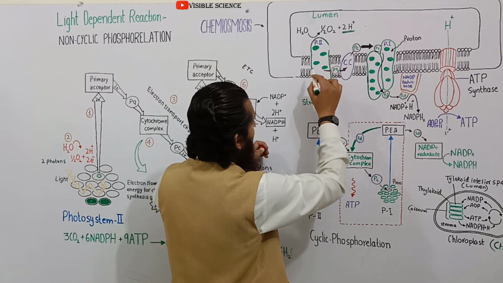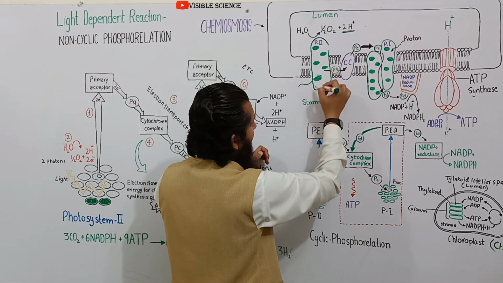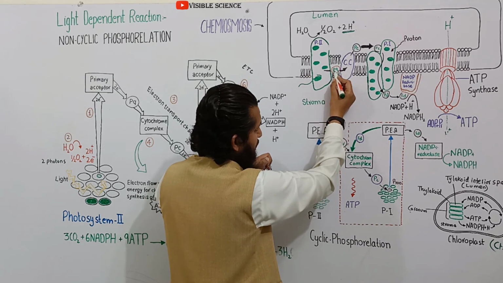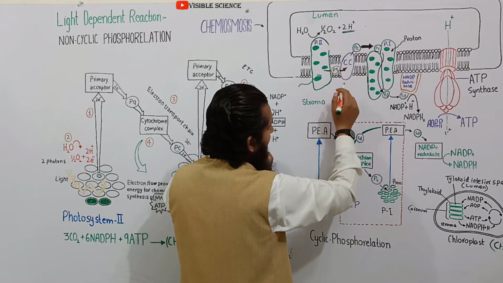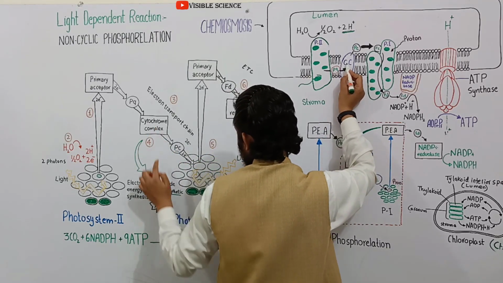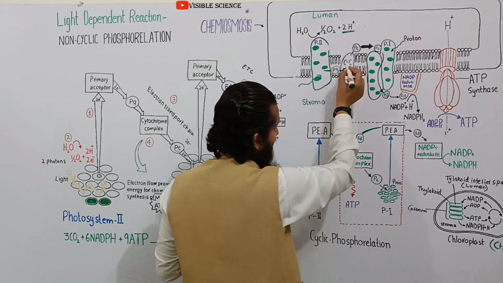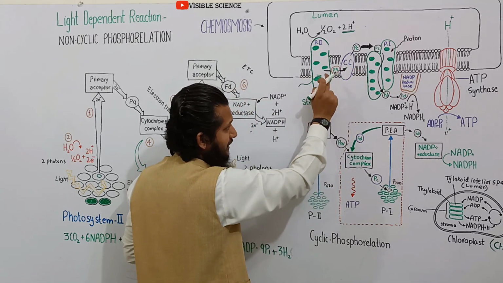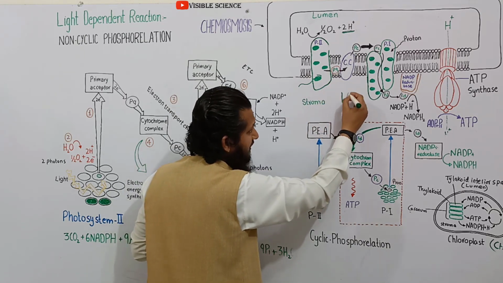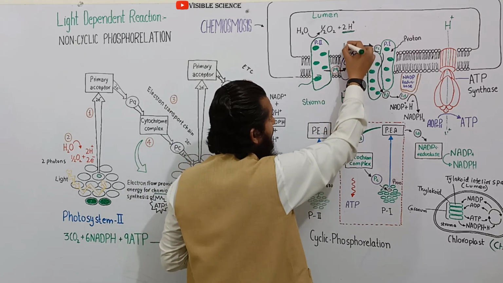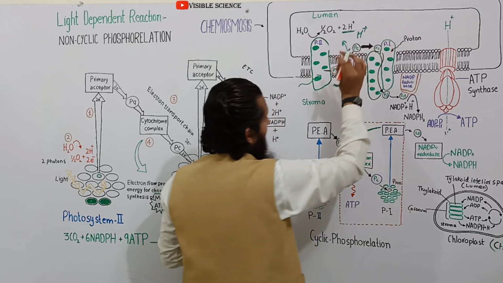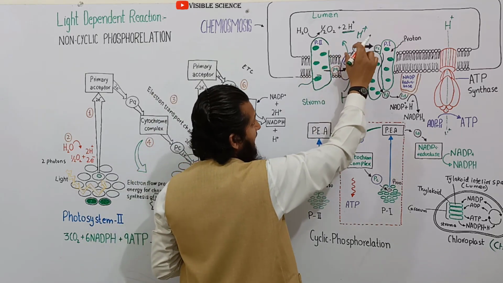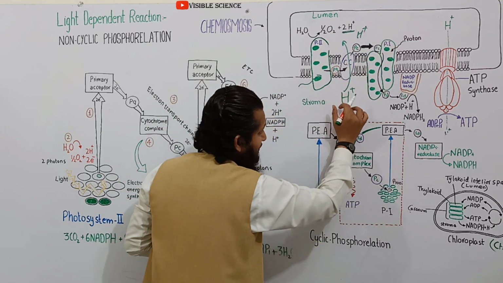Here you can see when photosystem 2 captures light energy, electrons are excited and go to the electron transport chain: plastoquinone, cytochrome complex and plastocyanin. And this cytochrome complex does not directly produce ATP. Actually, this cytochrome complex utilizes the energy of photo-excited electrons to transport hydrogen ions from the stroma to the lumen. And this movement is against the gradient because the concentration of hydrogen ions is greater in the lumen than in the stroma.